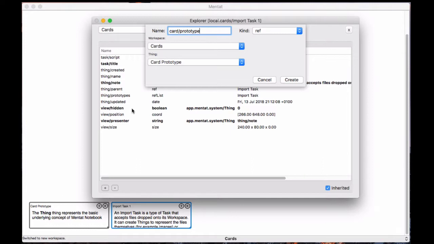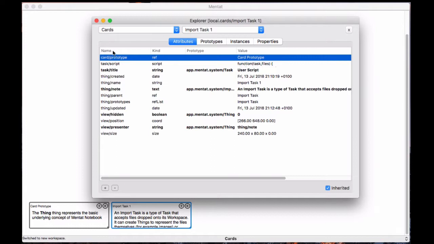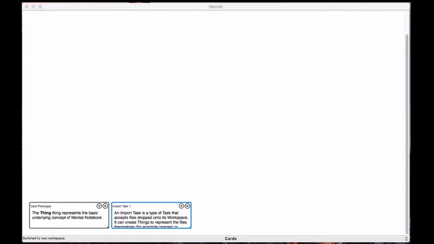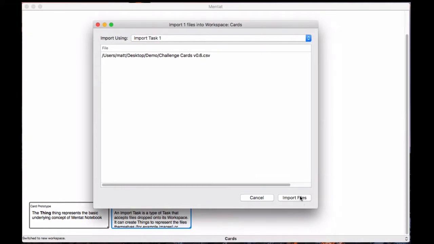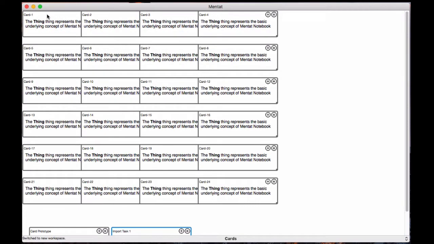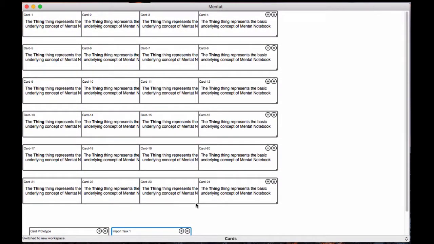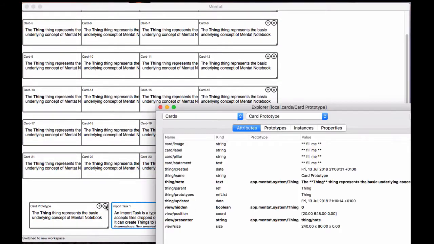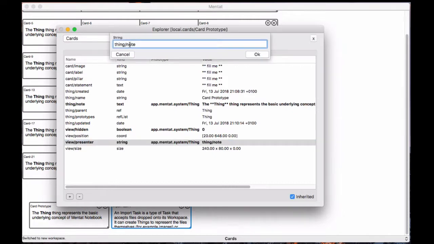I think at some point I'll let you drag and drop to make those kinds of associations, but for now it's enough just to see here that we've got card prototype as a ref attribute that points at card prototype. So if I drag that on again now, and I say import those files, boom, imported 24 rows, and you can see we've got a bunch of cards. However, not terribly useful. We've imported 24 rows, but if I go in here and I change the view presenter,